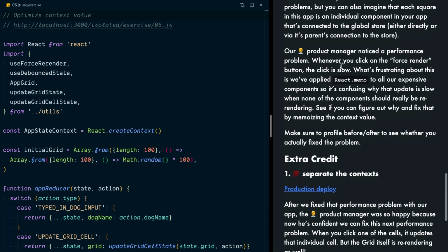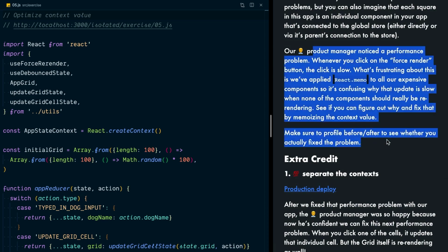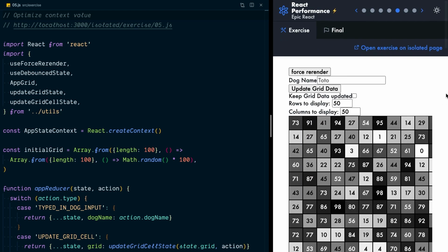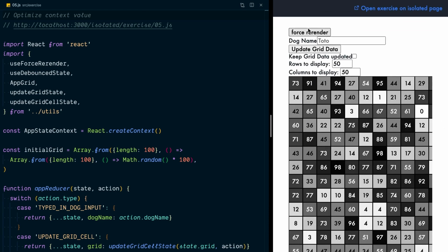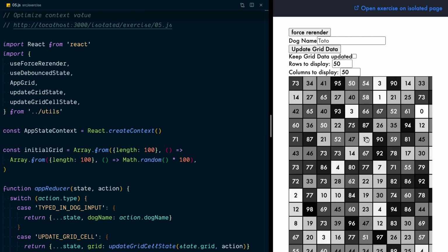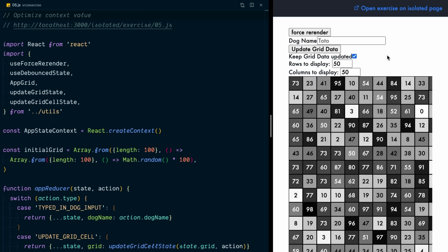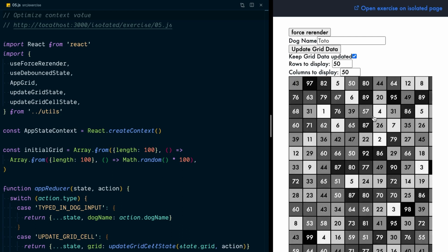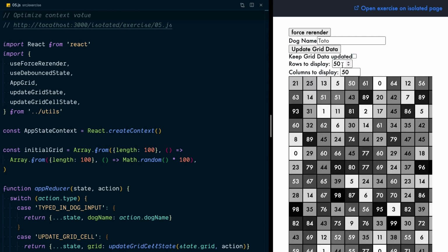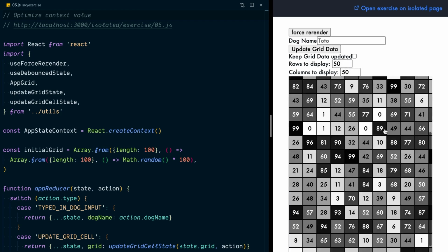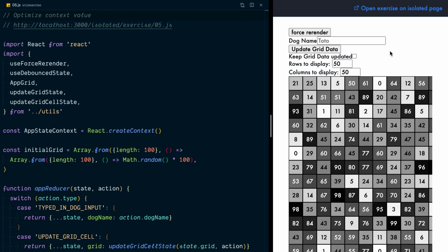And also, the way that we're going to experience this improvement is by going to our exercise here, which is now a grid. So here we have a force re-render button, and that's what we're going to use to determine whether our change has made any improvements. We also have some state that is stored in our context value here for a dog's name. We have this update grid button, which will update all of the elements in the grid. And we have this keep grid updated, which will every 500 milliseconds update that grid. And you can update how many rows and columns are being displayed. So you can increase that number and you'll notice a much more stark contrast as you're making these improvements to